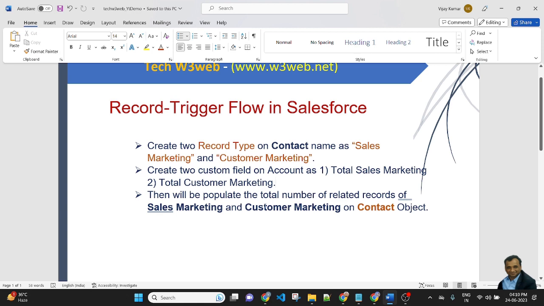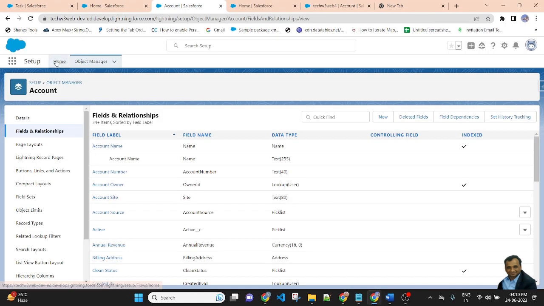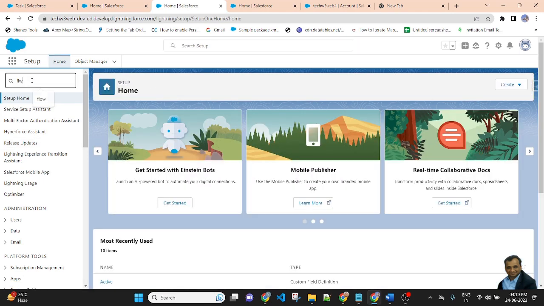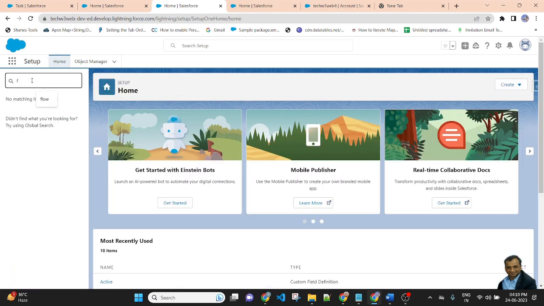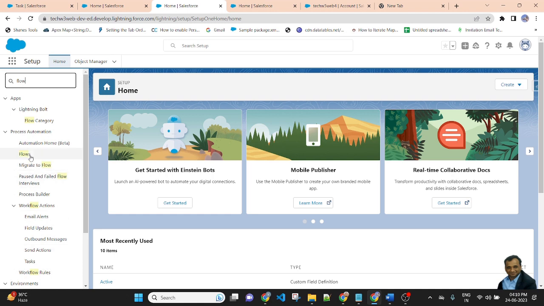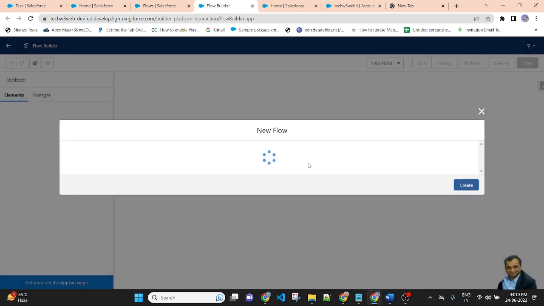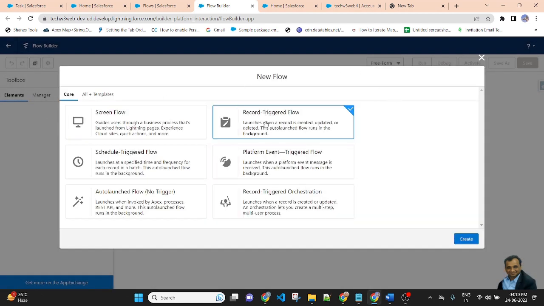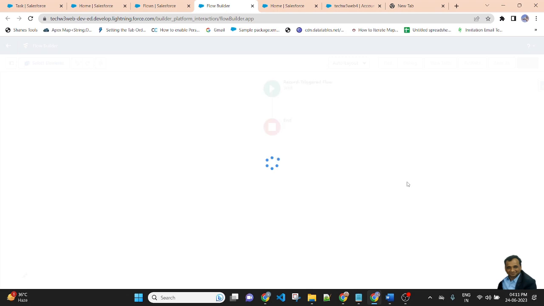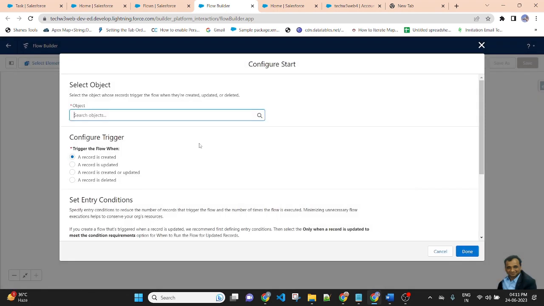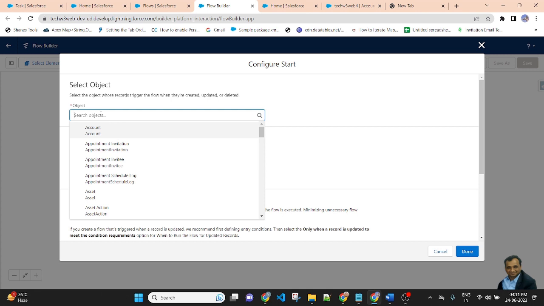So now I will create a flow. Here, search flow. Create new flow. Select record trigger flow. Here the name of the object will be Contact.